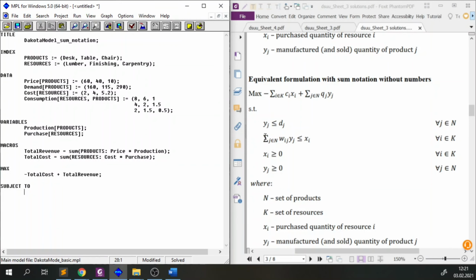So the number of these resource constraints is equal to the number of resources. And then this first line, as we discussed before, for the basic notation, is not a constraint, it's a so-called bound. So let's start, instead of constraints, with the bounds,